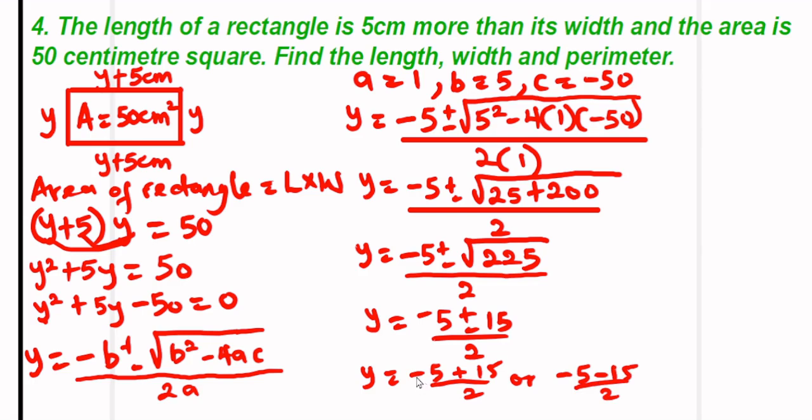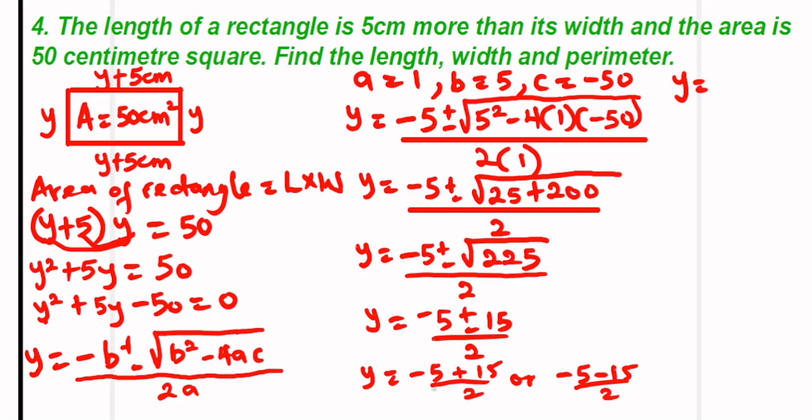So let's see it. Minus 5 plus or minus 15. This is from the plus or minus. Minus 5 plus or minus 15. So that's how I split it as minus 5 plus 15 over 2, or minus 5 minus 15 all over 2. So now our y